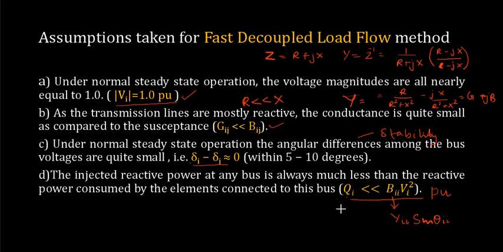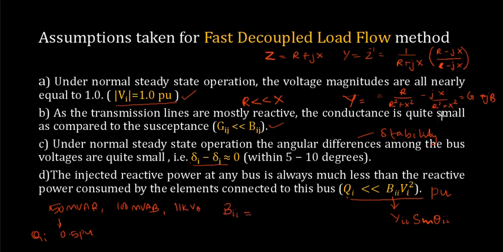Now when you consider this, normally your reactive power QI in per unit will be say 50 MVA, and with the 100 MVA base, this can be equal to 0.5 per unit. Okay, this QI. And with 100 MVA base, 11 kV, again the base voltage, if I say that BII,